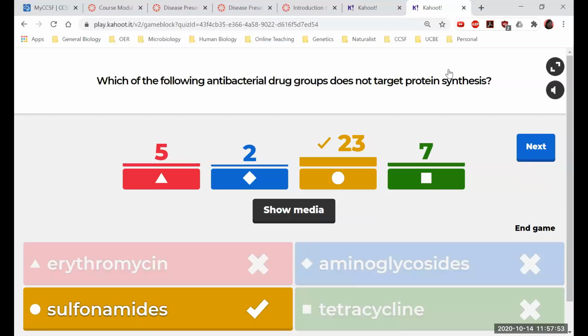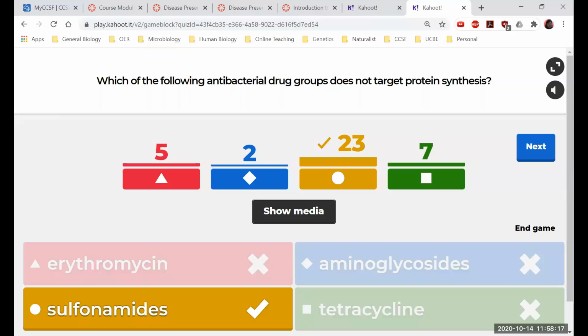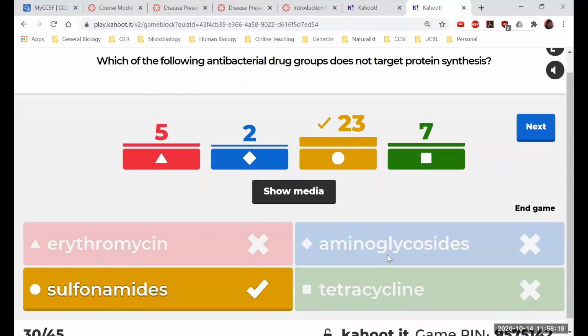Okay, so the success rate for this one is slightly lower. So this one is asking, we have 4 drugs, which one is targeting protein synthesis? This chapter does have a lot of information. Just looking at this one chart, you can be overwhelmed because there are so many drug names and so many different mechanisms. So the key to approaching this question is not necessarily memorizing that all of these are protein synthesis inhibitors, although eventually you probably will get there. It's actually if you can spot the odd one out.